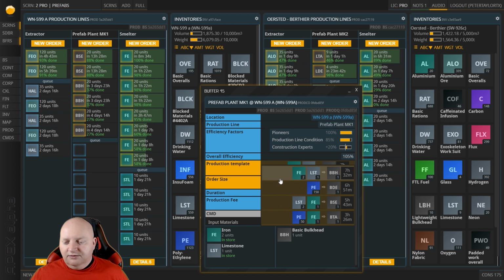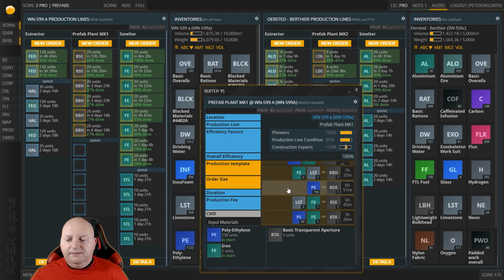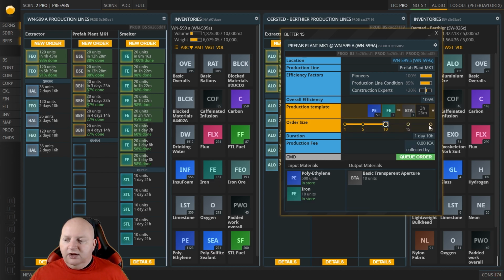Alright, so let's actually see what we have on the list. We have BTA. Can I make BTAs? I do have polyethylene over here. But BDEs are actually more important to the market. Ooh, we can't make a lot of those though. Okay. We can make a 5 batch, but that's not really worth it. We can make BTAs, so let's do a full 20 batch of BT...